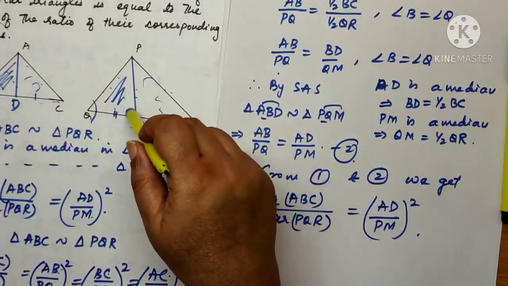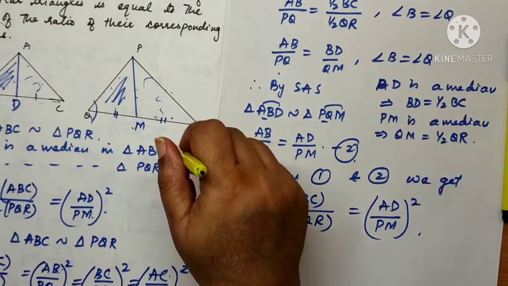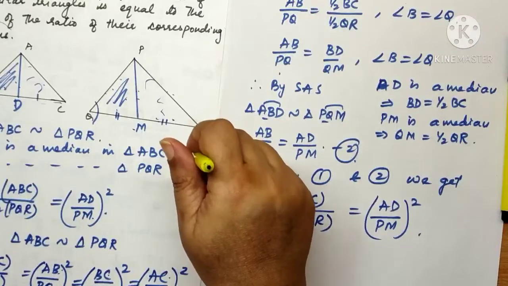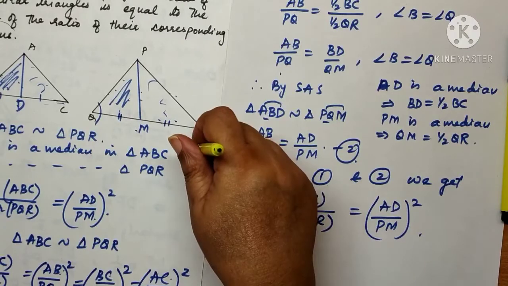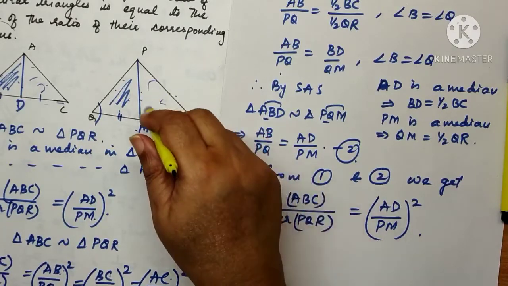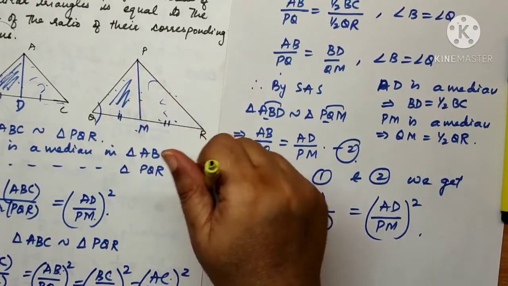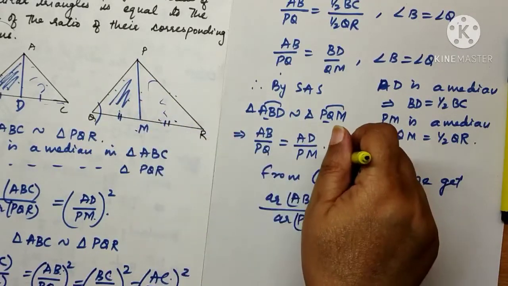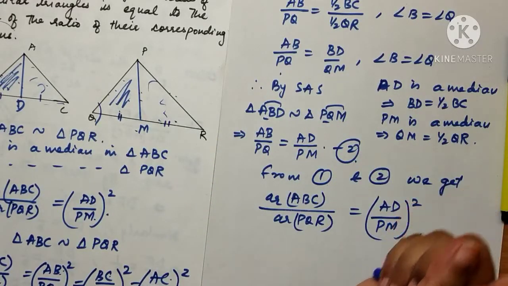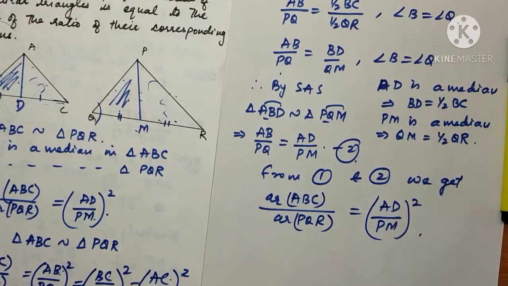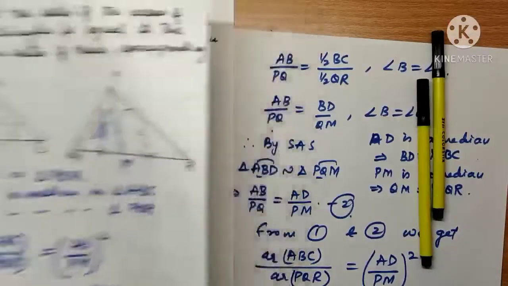This is a property: the ratio of the areas of two similar triangles is equal to the square of the ratio of the corresponding sides, is equal to the square of the ratio of their corresponding medians, is equal to the square of the ratio of the corresponding altitudes, as well as equal to the square of the ratio of their corresponding angle bisectors. Since this is an exercise question, I have solved it for medians. I have given you a clue that it holds for angle bisectors and altitudes also. Now I would like you children to take the initiative and try to prove it yourself.